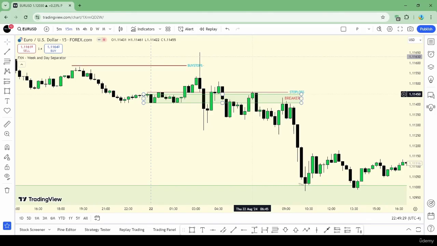So as we can see, the high of this candle came to hit our stop loss, but we know that we do not enter our trade during 6:45 or this zone, because this is the London lunch and we are not interested in entering during this session. So, as you can see, the market came